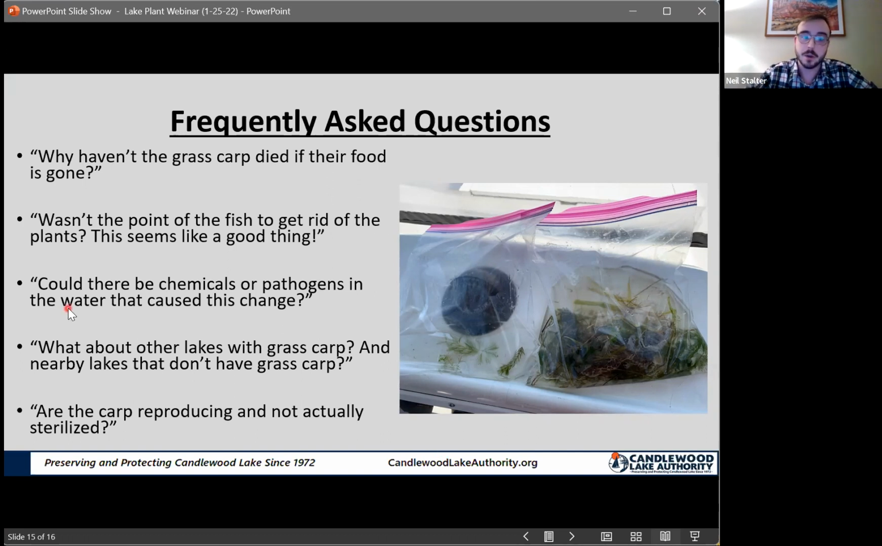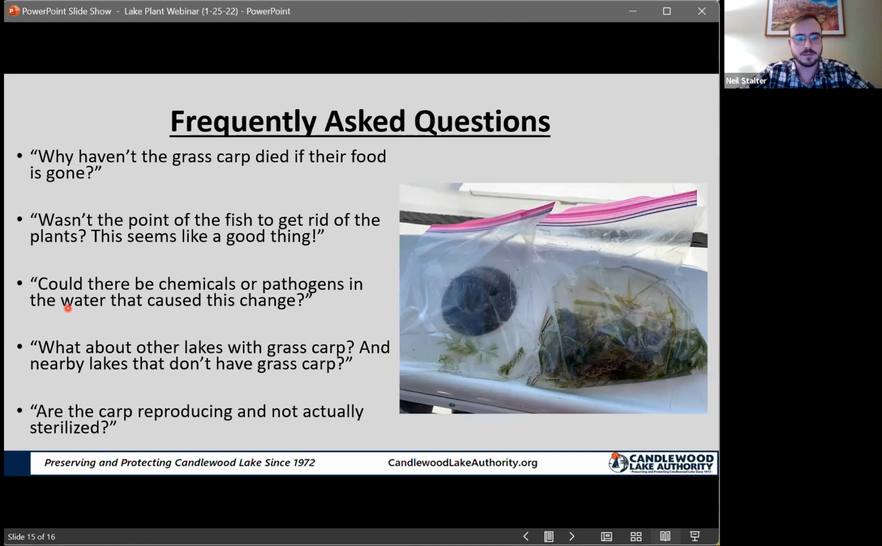The next question, could chemicals or pathogens in the water have caused this change? This is a good question, and it's something we got a lot. And it's something we looked into a lot too. First, regarding the chemicals, in a lake the size of Candlewood, the concentration of chemicals that would be required to see a change of this magnitude, basically going from 400 acres of plant material to 0 in every part of the lake, would be